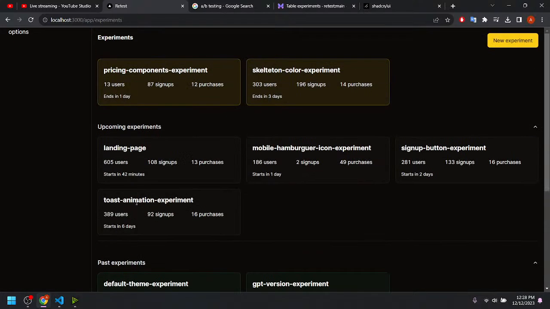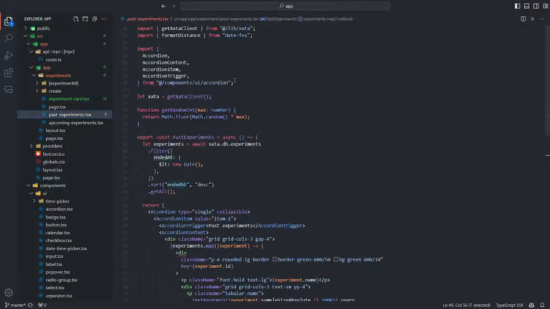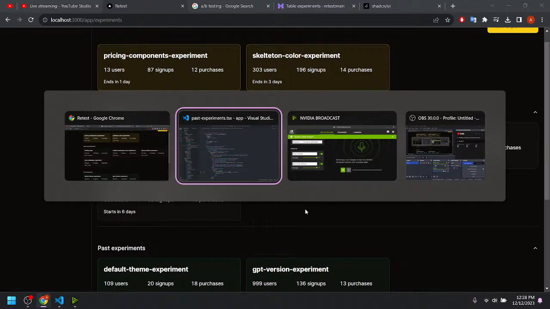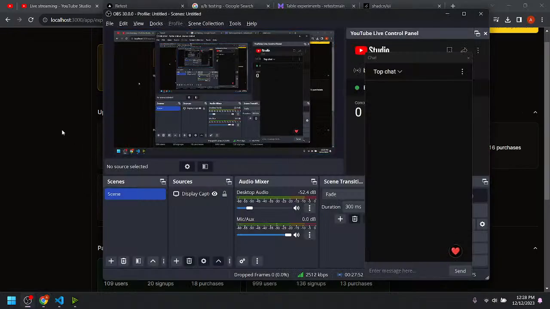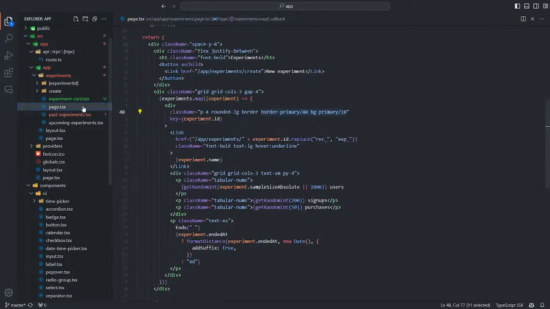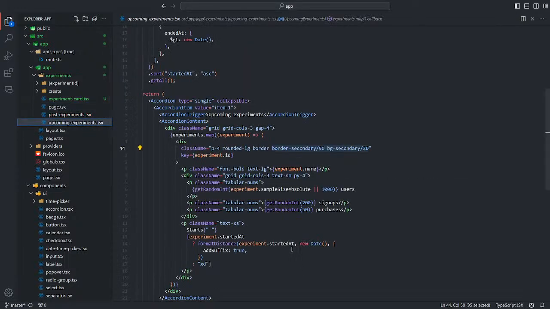The active experiments are calculated with ended at, but upcoming events with started at.